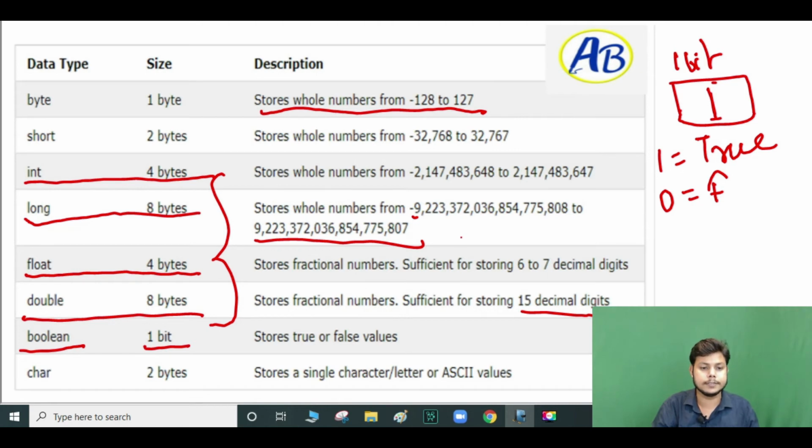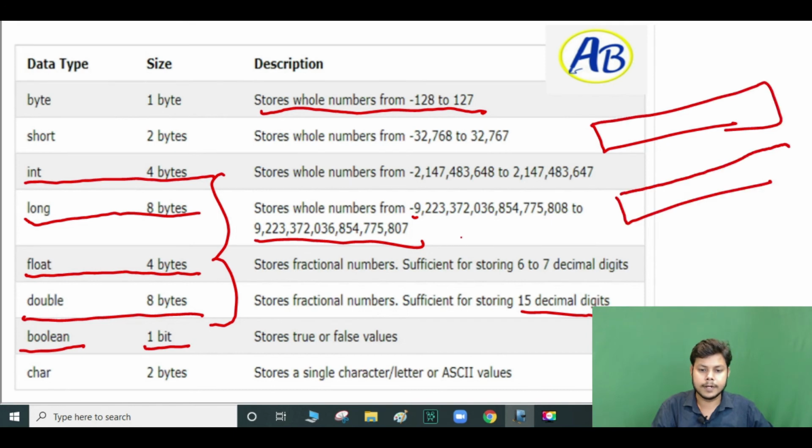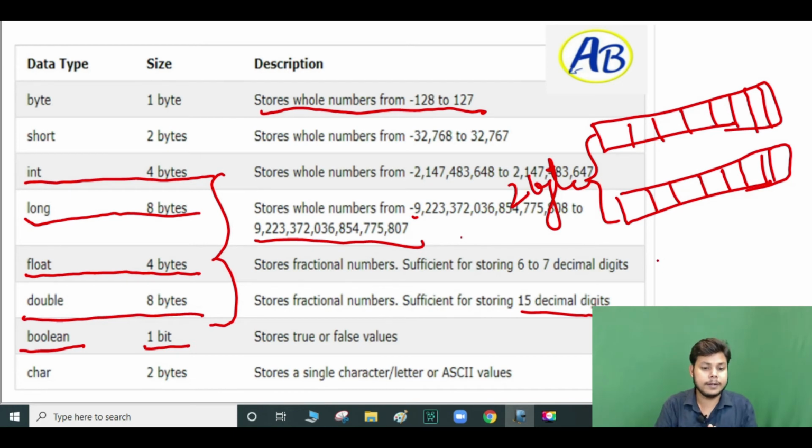Character has 2 bytes. So why does character have 2 bytes? I will show you. We can see here that we have this one, 2 bytes, 1 2 3 4 5 6 7, 1 2 3 4 5 6 7. Okay, so we have 2 bytes. What is happening here is that when you write a, like this, I have given the char a here, it will convert into an ASCII number, American Standard Code for Information Interchange. So if you write the char here, it will get evaluated as 97.